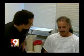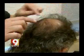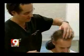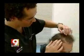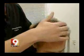You ready? I'm ready. Okay, let's see. Jack Clark is growing a new head of hair. Here, we discussed filling in some of your crown here. What you see on top is new. He's undergoing a state-of-the-art hair restoration technique, and today is the third and final session. I want a combable head of hair, and I want one that I can style, and I want one that's